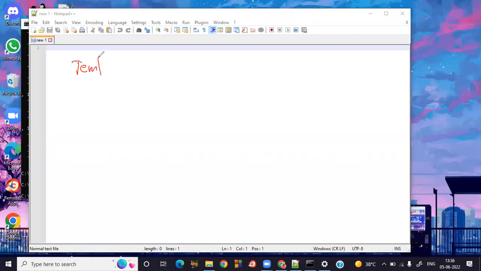So temporary path, okay, permanent path, so that you won't get confused. I want to just give the clarity on this, so that's why I'm writing here. The only step that you have to follow for temporary path is C colon